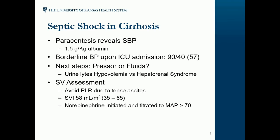And with doing so, we got her MAPs right up to around 70. That was our target. And actually, her SVI stayed right there around 60. So it really didn't change all that much. Again, I think her hypotension was more in the distributive. Our cirrhotics, they just have a vasodilatory chronic state, and she just needed a little vasoconstriction for her. She didn't need more fluids, and so we avoided further fluid in a lady who was already just chronic hypervolemic,